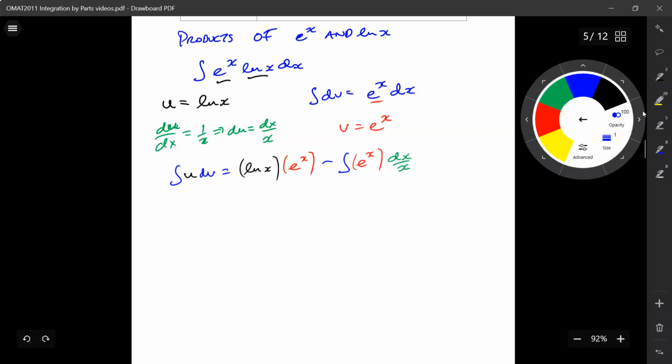And this gives us exponential x, if I just bring that to the front, times the log of x, minus the integral of exponential x divided by x